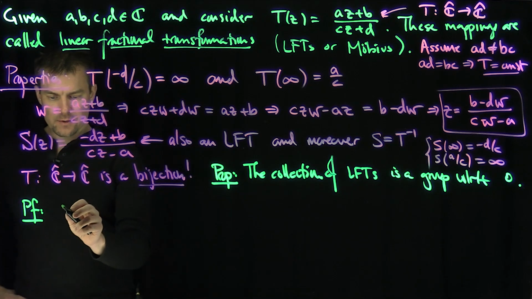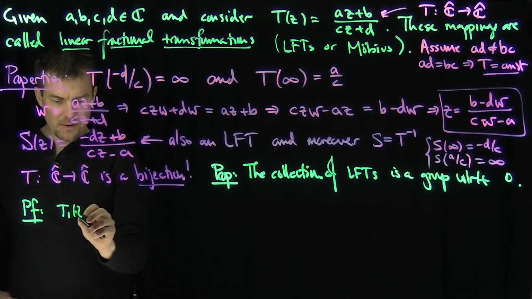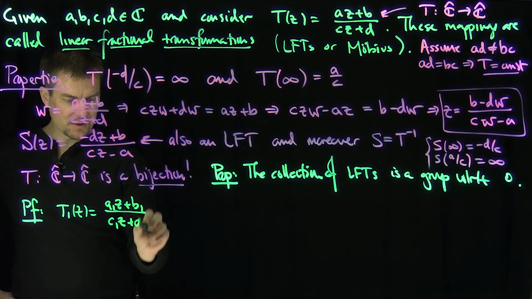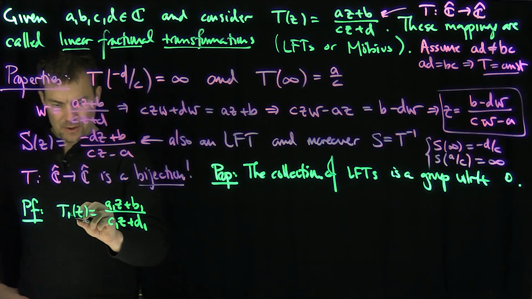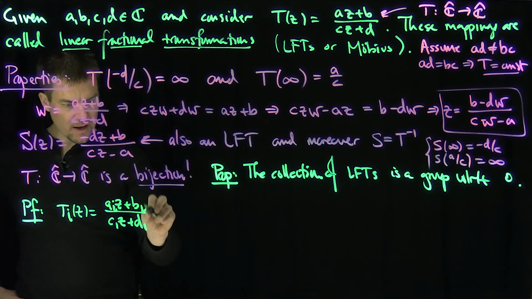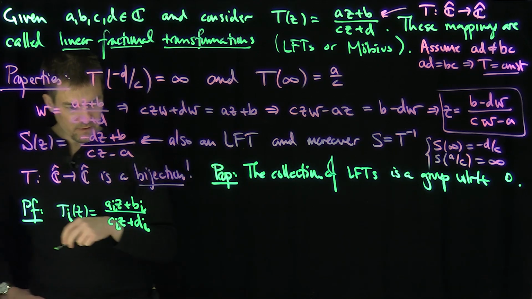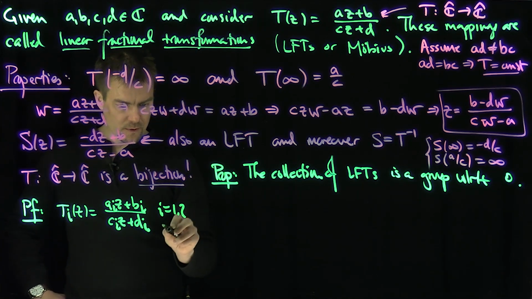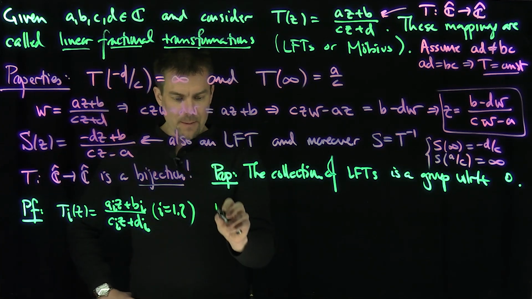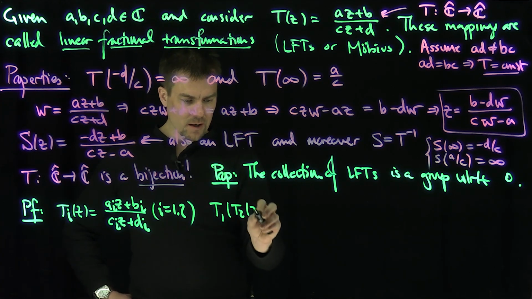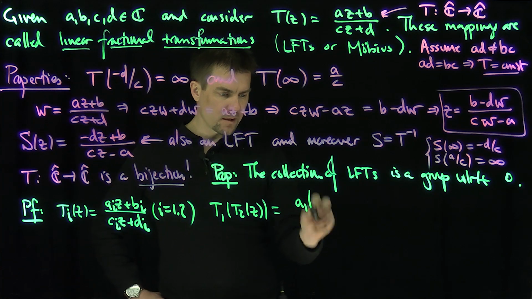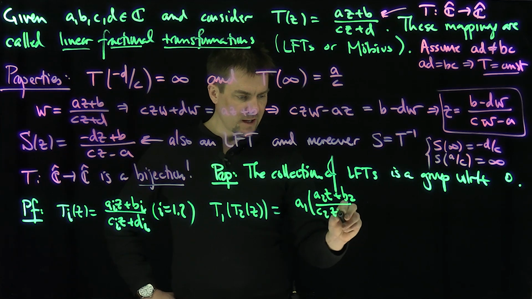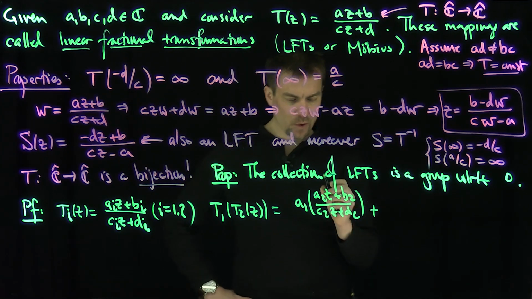If I have two LFTs, T_i of z equals a_i z plus b_i over c_i z plus d_i, for i equals 1 and 2, then let's look at T1 composition T2. T1 composition T2 of z is going to be a1 times (a2 z plus b2 over c2 z plus d2) plus